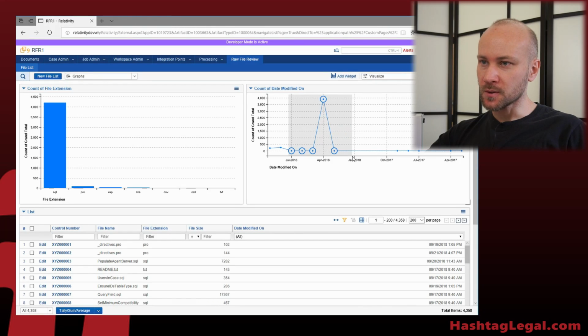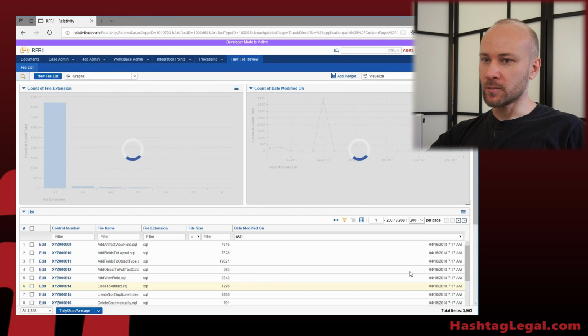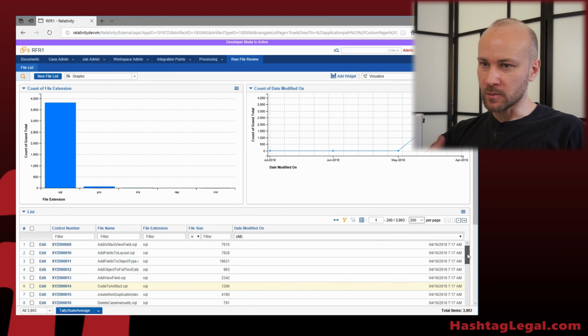In the previous video, I showed you how you can use Raw File Review tool to load a directory list into a custom object, and visualize the file list as far as extensions and dates. But I think the other question people are going to ask is, can you load this into a document object? That's probably not a good idea, and the way you want to get data in there is by using Relativity